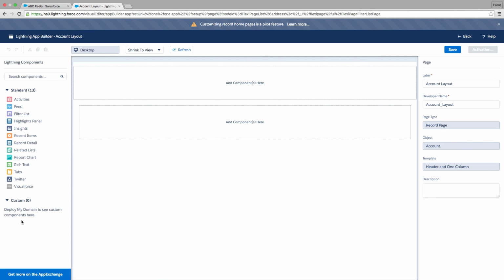If you're curious to know what apps are available for Lightning Experience, you can click on the Get More on AppExchange here in the bottom left, and that will take you to the AppExchange and point you to the Lightning Experience enabled apps on the AppExchange. On the right-hand side is our page layout detail, and so we see that information that we've already populated on the previous screen. And then in the middle is our page viewer, and this is where we're actually going to